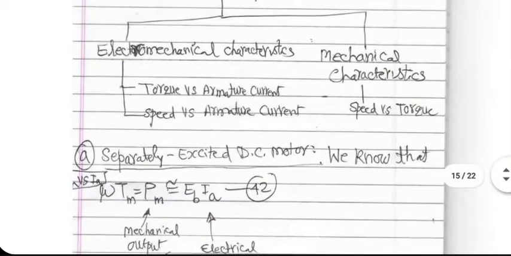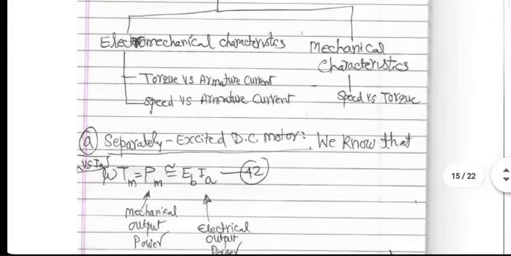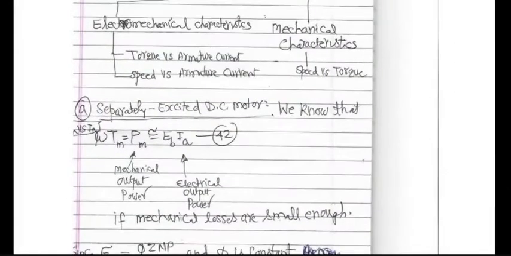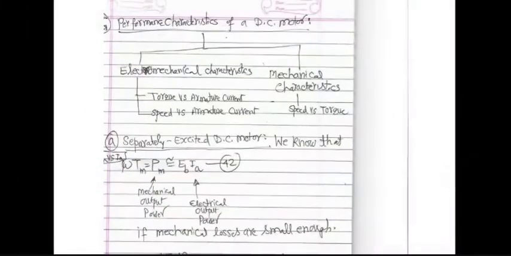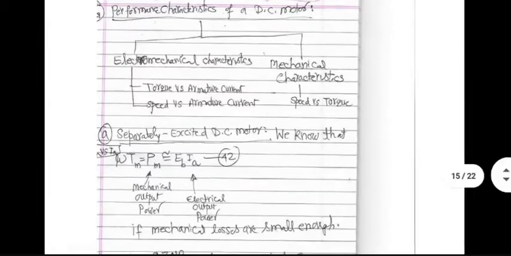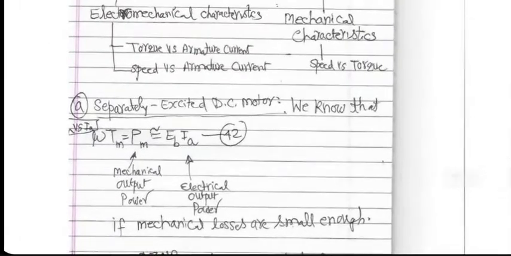Now there are detailed analyses available for each kind of motor, so that we can approximately figure out in advance how these performance characteristics would look. I've tried my best to put it all here in my own document. Books have their own way of doing this. You may not have to remember everything, but at least let me give you the gist of what I have written in my notes. Starting with separately excited DC motor.